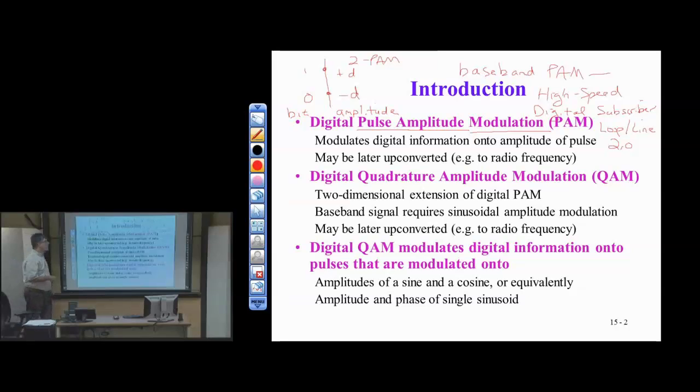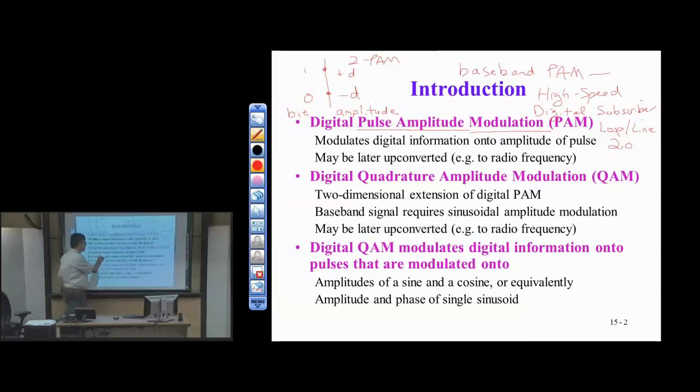Now, where PAM plays a bigger role is actually not as PAM, but as QAM. So PAM by itself is actually not all that common. PAM is also used in dial-up, the old dial-up modems over the phone line. They use PAM as well, again a wireline application. Now, where PAM plays the biggest role today is its role as part of quadrature